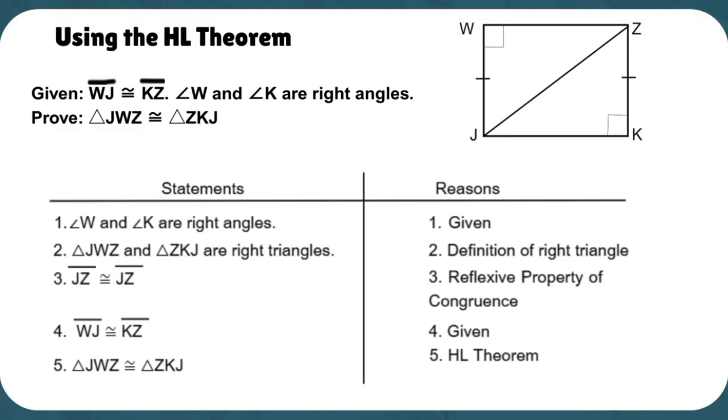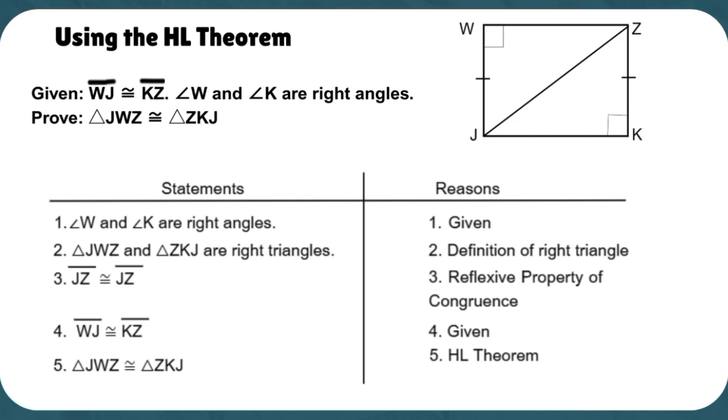Let's go now to the proving using the HL theorem. We can see the given, the triangles to prove, and the illustration. In the first statement, we can write first the second given, which is the angle W and angle K are right angles. The reason is based on the given. Since we already determined the right angles, in statement 2, we can now say that triangle JWZ and triangle ZKJ are right triangles based on the definition of right triangle, because it states that it is a triangle that has